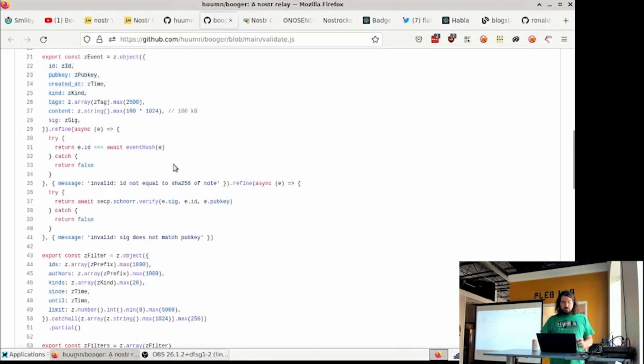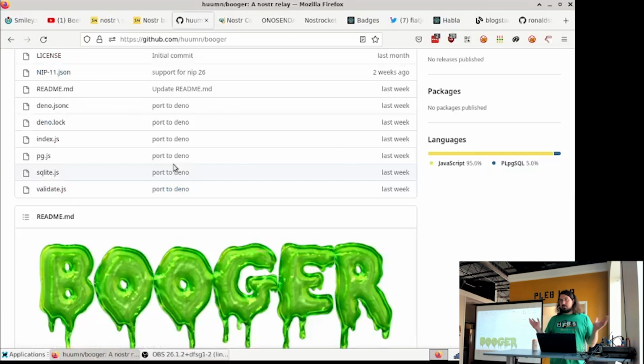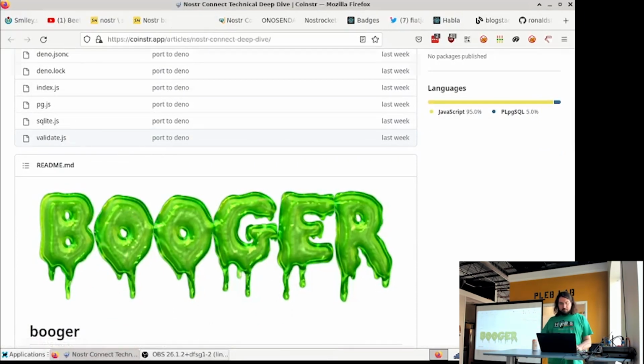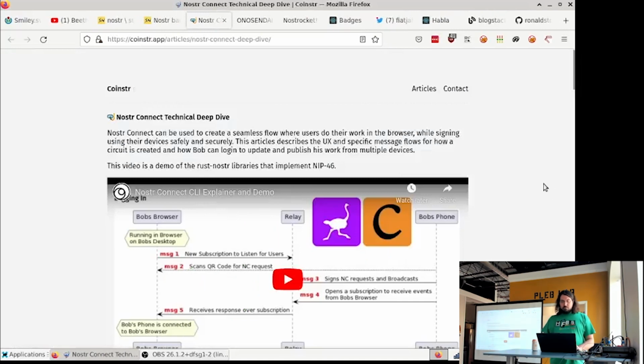So it's pretty cool. It shows that it's very easy to write Nostr relays as well as Nostr clients. But check it out. If you like JavaScript, Node.js stuff, this looks like a great one to run, to try out if you want to get started running a relay. Next on my list of things to talk about, we've got